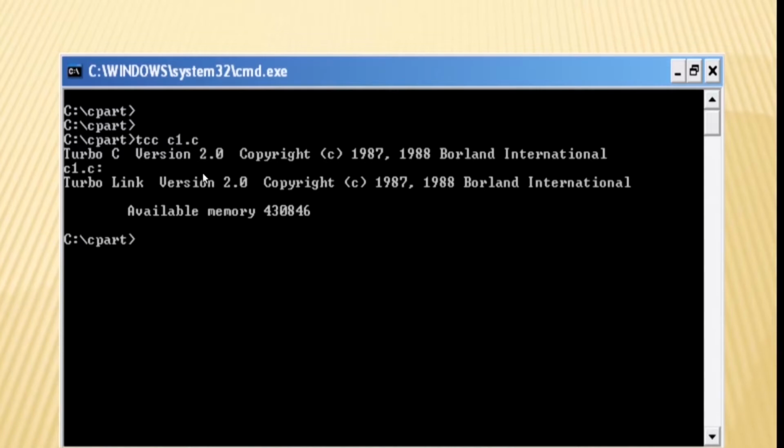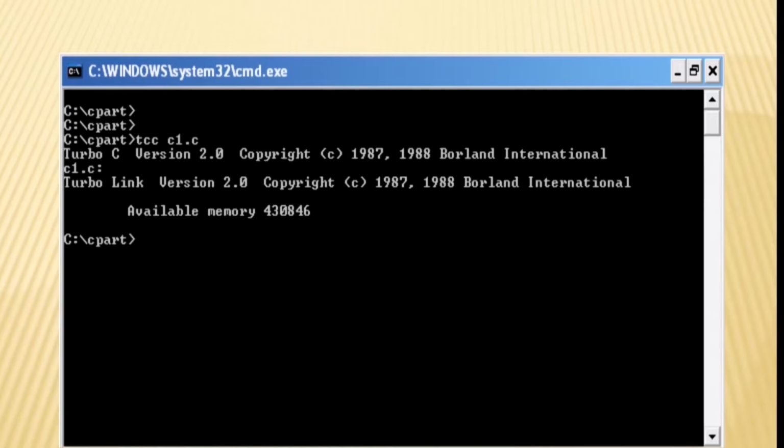If there is no error in the program itself, it will compile silently. Otherwise, if there is any syntactical error inside the source code, it will report that the error lies in this particular line, so that I can edit and recompile.